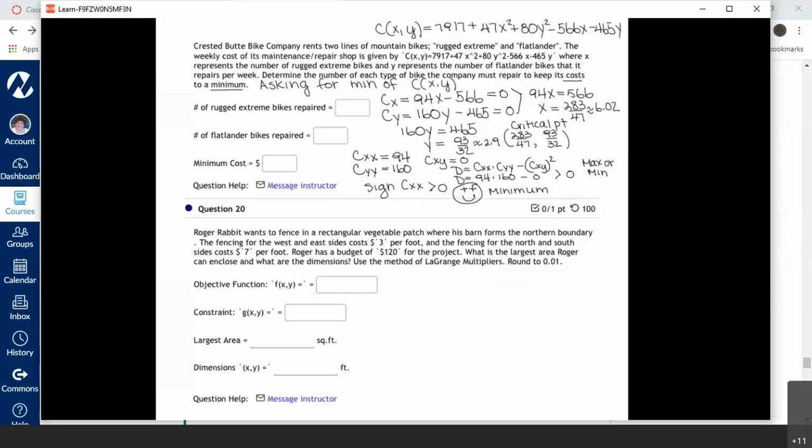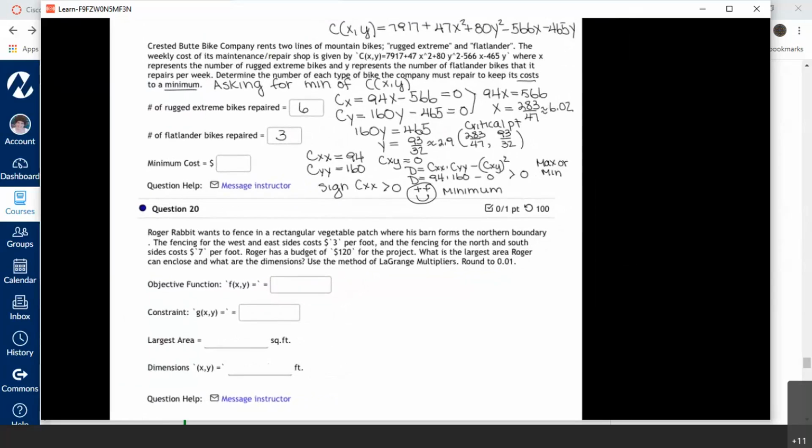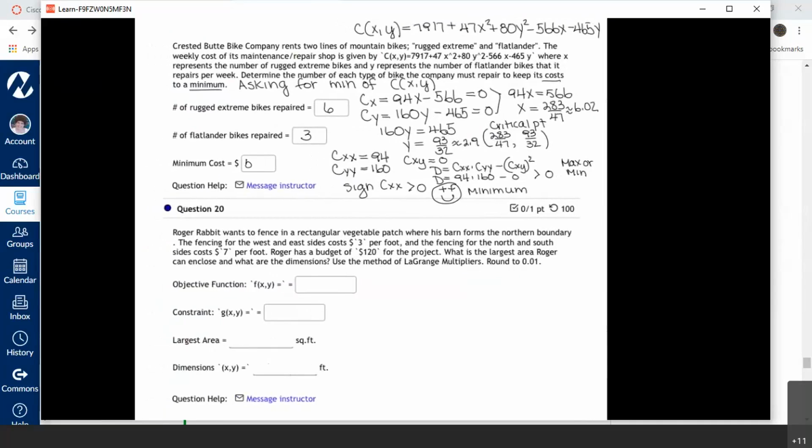So what I would say is the number of Extreme bikes repaired is 6. The number of Flatlander bikes is 3. And if I wanted to figure out the minimum cost, I would plug X equals 6, Y equals 3 into this equation, and I would get a minimum cost of 5,338. Again, what I'm telling you here is round to whole numbers. They don't put